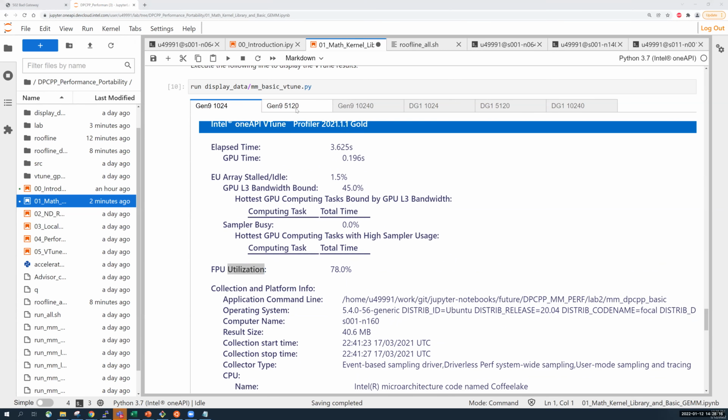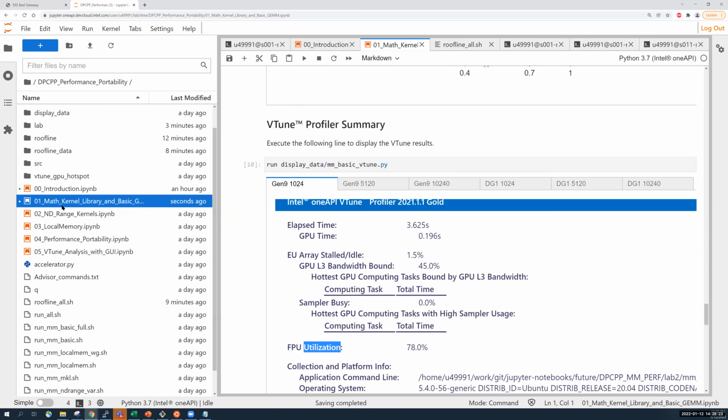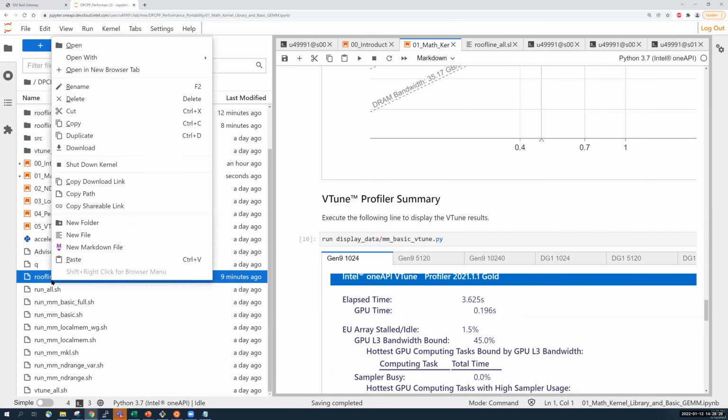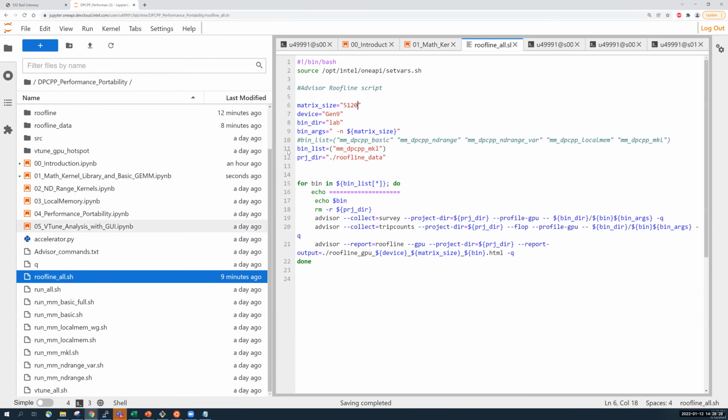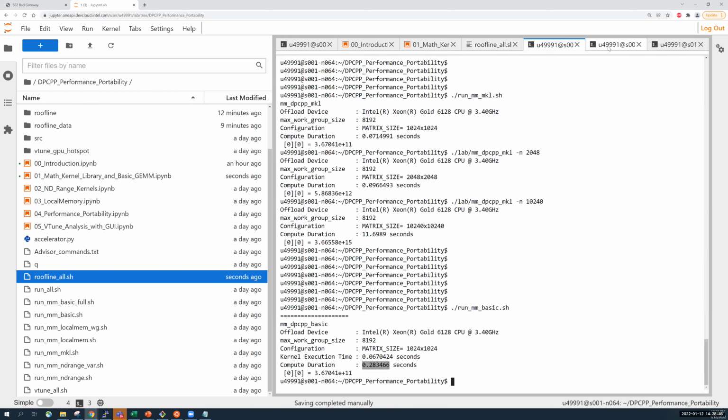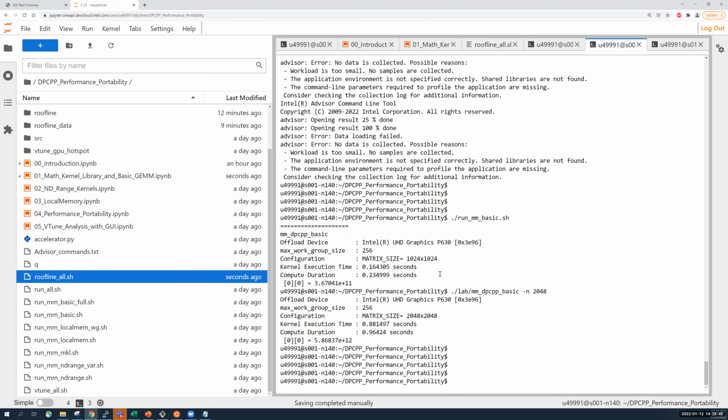So for this example, let's go back and try to do one example where we capture the roofline. Let's see if this is possible. What we wanted to do is, instead of MKL, we will do basic, and we will capture this roofline report. So let's try this on the Gen 9 GPU. So if you do roofline,